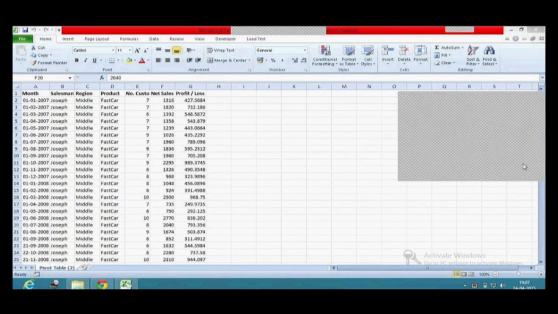Is my screen visible? First, my question is, I'm going to touch the features of Pivot Table in Excel version 2010. Do I still have people who are working in 2007 or lower versions? 2010 is fine. Anybody who's working in a lower version? 2007, 2003?